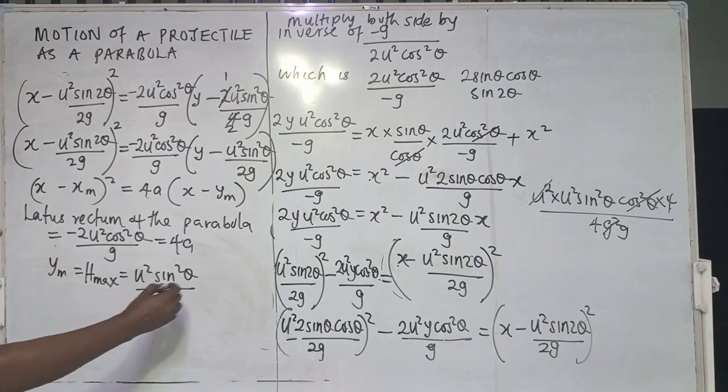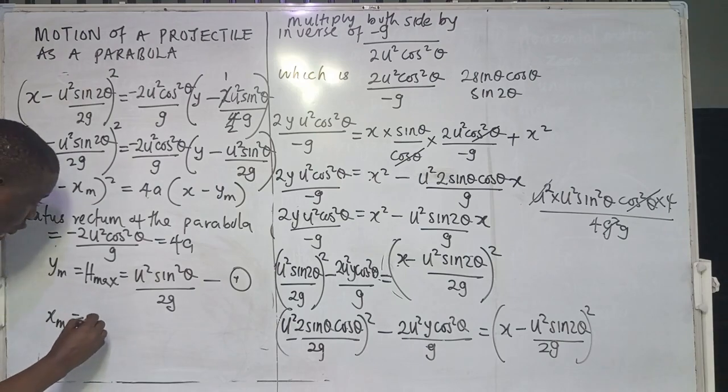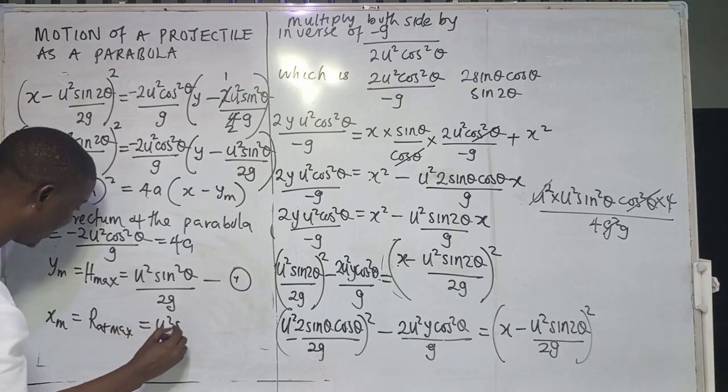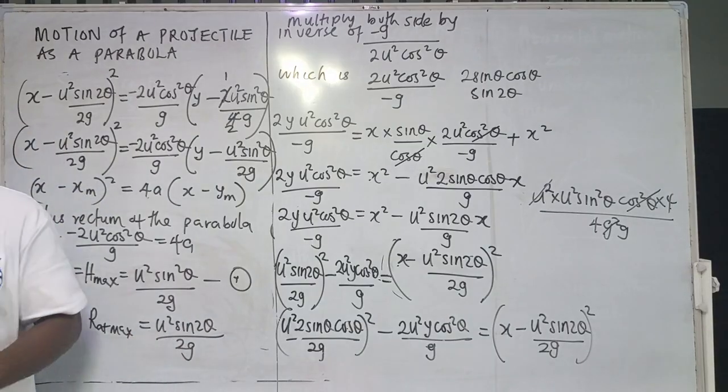This is the maximum height of the parabola, the maximum height of the parabolic curve. Then what about the x? This is the horizontal distance at the maximum. I will show you, which is equal to what? Range at maximum, which is equal to u square sine 2 theta over 2g. So if I draw the parabola now,